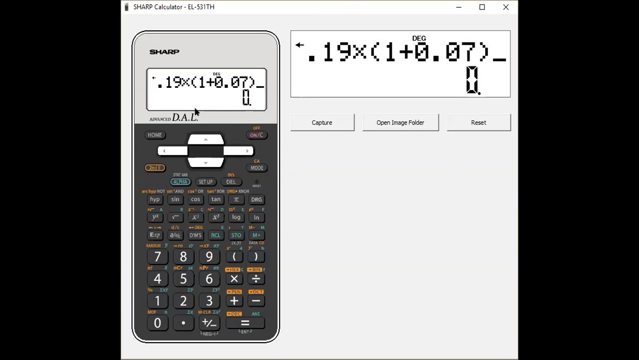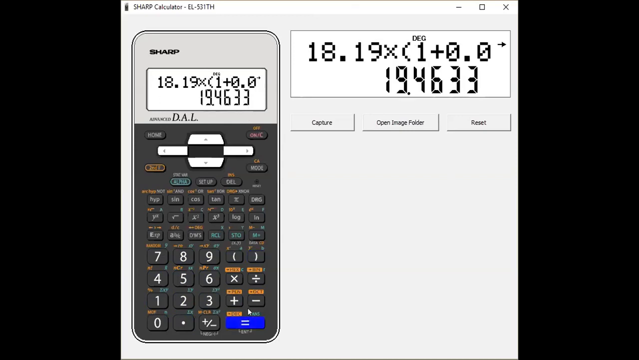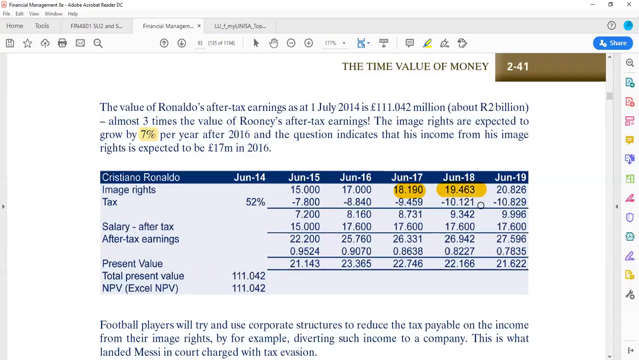Remember, if you want to increase something, you just take it and then you multiply it by 1 plus the percentage you want to increase by. And then we get 19.463. So that's how these numbers were obtained. Okay, we're just increasing. You just take that amount multiplied by 1 plus the amount you're increasing by. And then